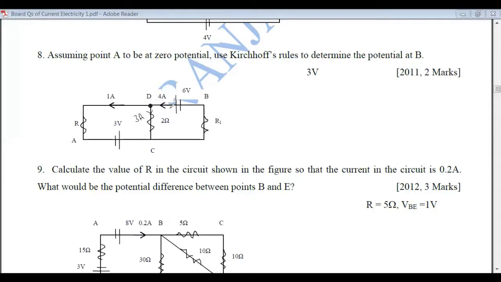Now we'll apply the Kirchhoff's second law in order to find out the potential at point B. So we consider the direction from A, C, D, B. Let us draw it. Moving from point A, first we get a cell having a potential difference 3 volts. Then we get